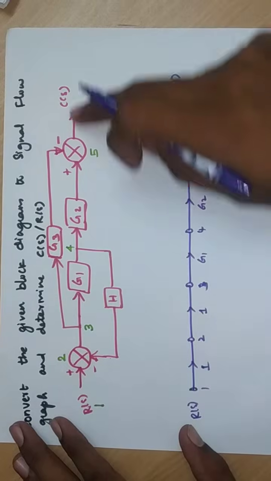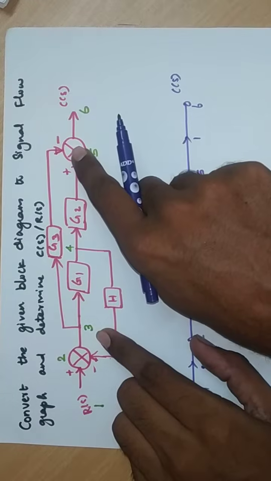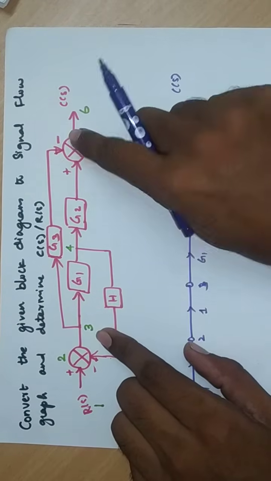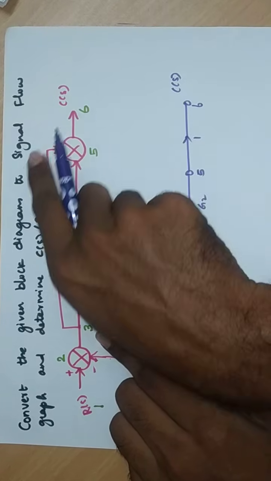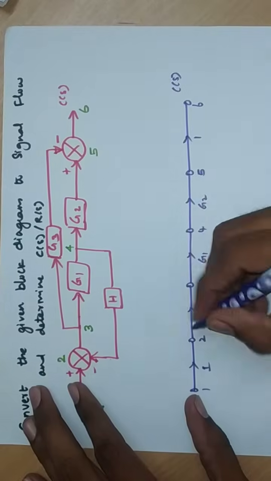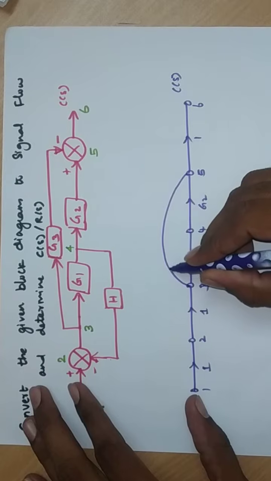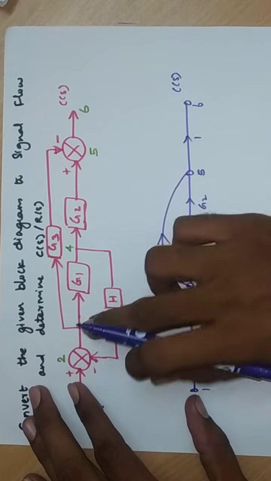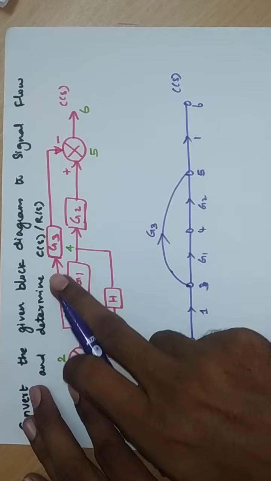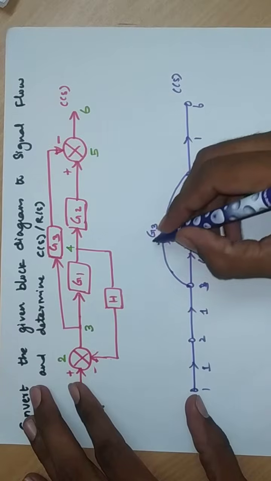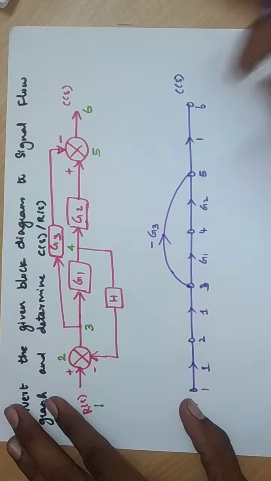Now this part is over. You can see that from the 3rd node to the 5th node there is a gain with negative value, is it not? This G3 is going to be subtracted. So you can connect the 3rd node and 5th node like this and put the arrow mark like this, because this is going in this direction, and put the gain value as G3, and this G3 is going to be subtracted over here. Mention it as minus G3. This loop is over.